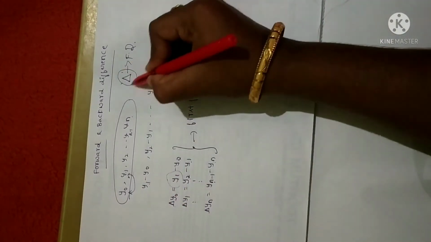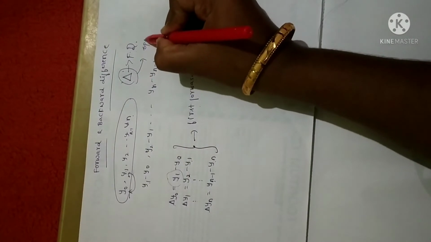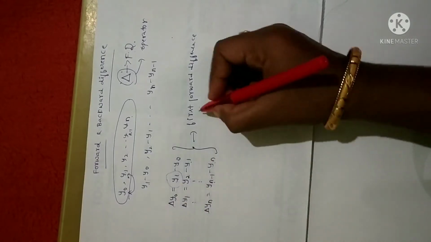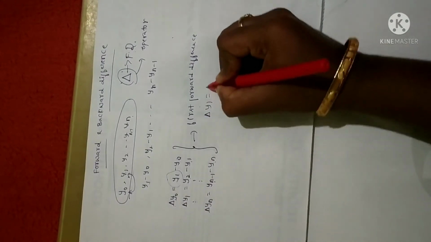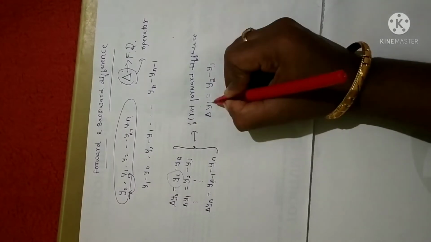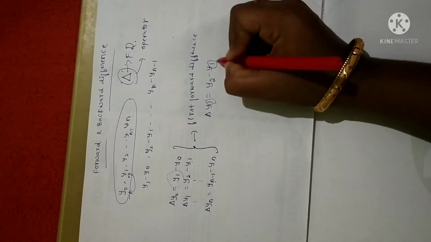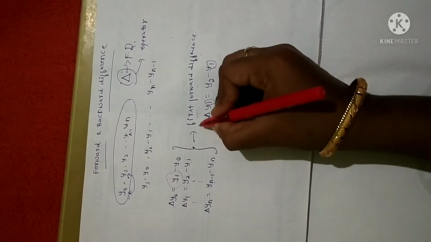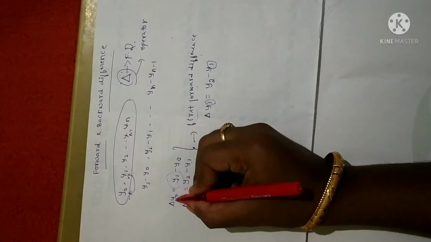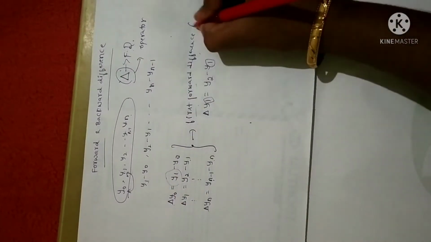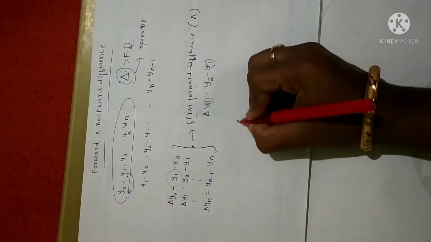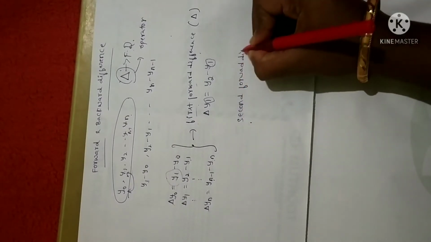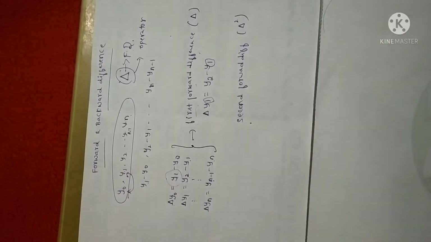Here, delta is called the forward difference operator. It is just a representation. Remember, the minute I say delta y1, it is none other than y2 minus y1. So the suffix here and the suffix here should be the same. So this is called the first forward difference. Similarly, we can calculate the second forward difference with reference to the first forward difference. The first forward difference is represented by the operator delta. Similarly, the second forward difference is represented by delta square.